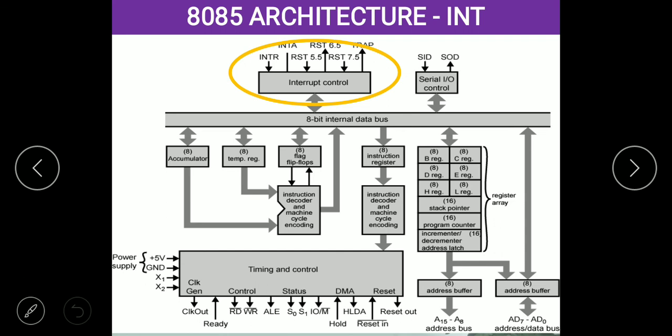In the next class we are going to discuss interrupts. Up to this, we discussed what a register is, the difference between register and RAM, the program counter, the stack pointer, the accumulator, the flag signals, the temporary register, the arithmetic logic unit, and the bus operations. For the buses, we discussed the address bus, data bus, and control bus. Up to this we are closing this session, and in the next session we are going to discuss the interrupt signals.